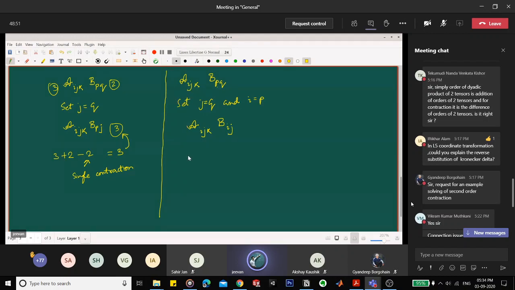Now, going by this kind of calculation, let's see if it works out. This is a tensor of order 3, let's write that down. This is a tensor of order 2. I have said that a single contraction subtracts 2. Since now we have a double contraction, that is two single contractions, it will subtract 4, 2 into 2, 4. So this is 3 plus 2, 5, minus 4, which is equal to 1, which is perfectly true with what we have just discussed here. This is a tensor of order 1. I hope that much is clear, Gyandev. Yes, sir, now it's clear, sir. All right, thank you.